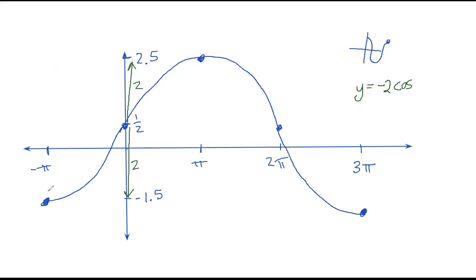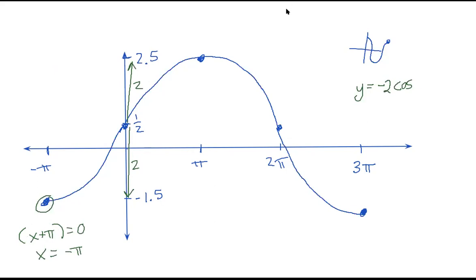If we're using this as our starting point, then sort of backtrack here. We'll say x equals negative pi. So x plus pi equals 0. And that's what we would put in to get our